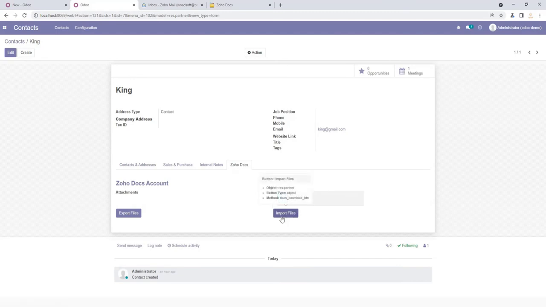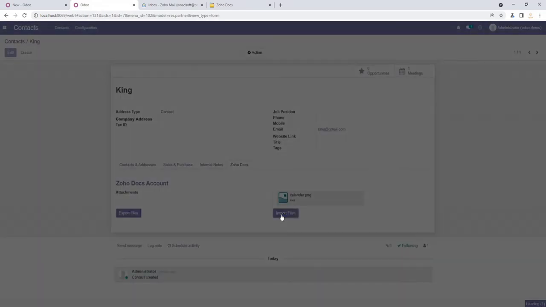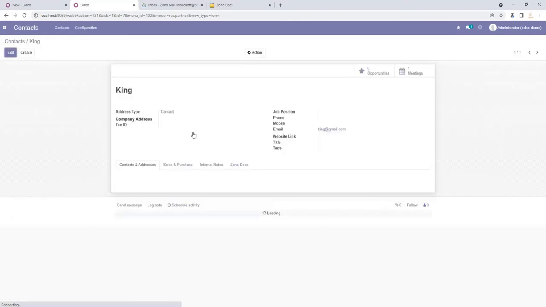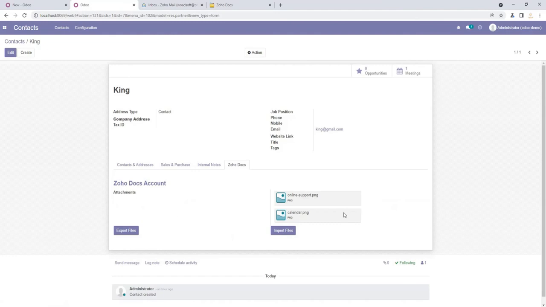So just simply click the import button. Okay, so it will take a few seconds, and after the process it will redirect the page automatically. Okay, so I just click the Zoho Docs, and as you can see, both files are imported successfully in Odoo.